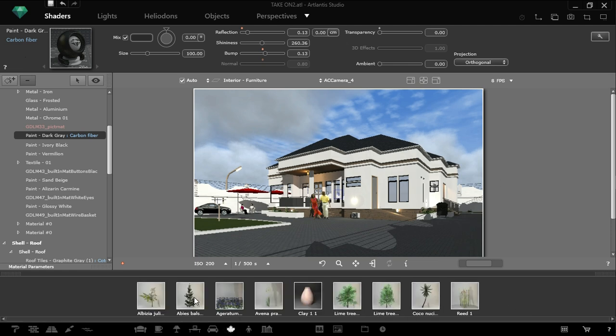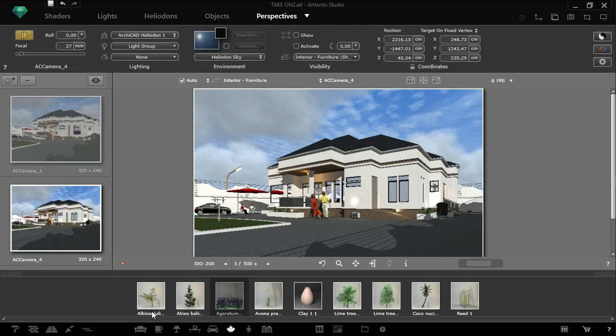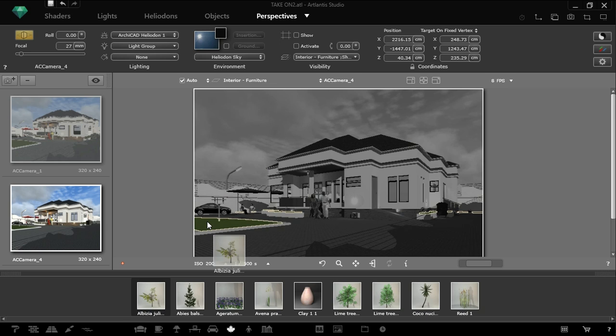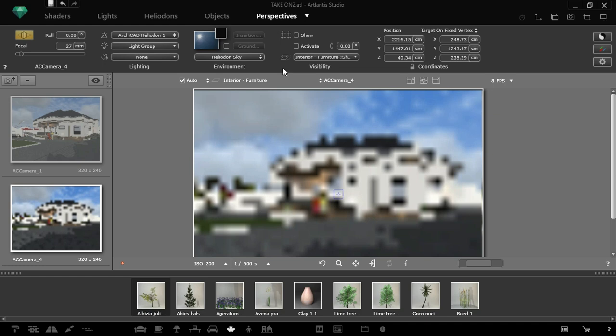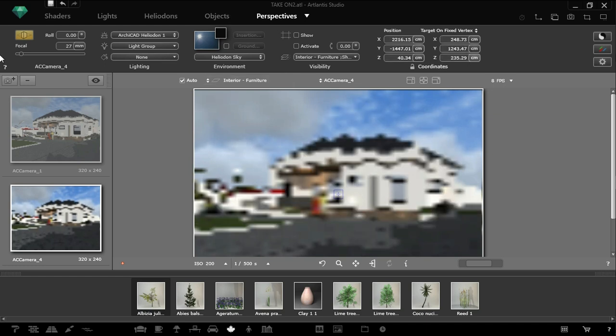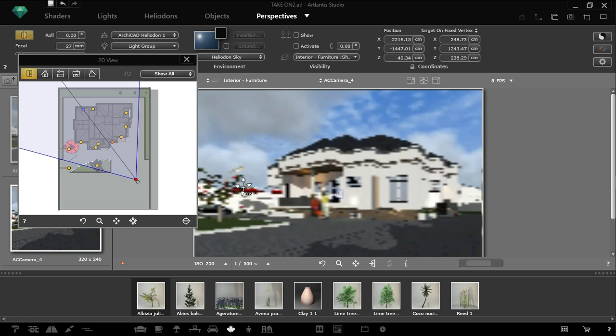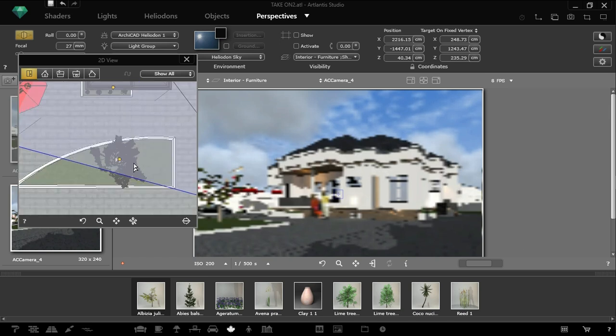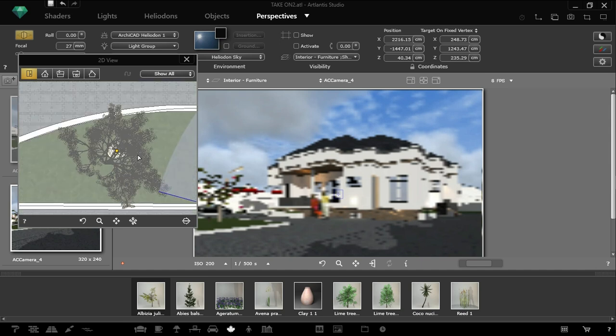Let's add shrubs, small trees, plants, something like that. Click, hold, drag and drop on the same position you want it to be. I will open my 2D to adjust this 3D position and height to be able to click and select this